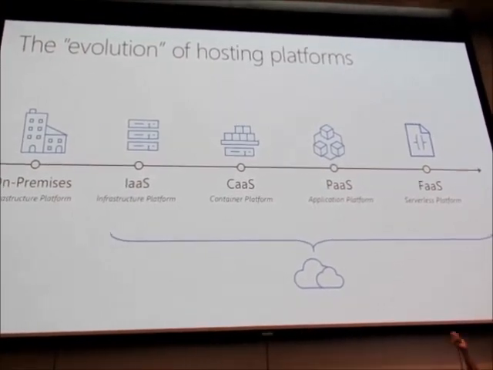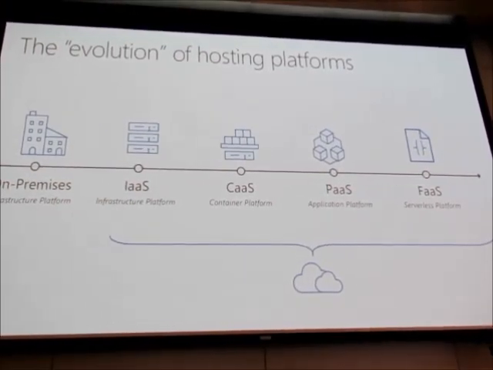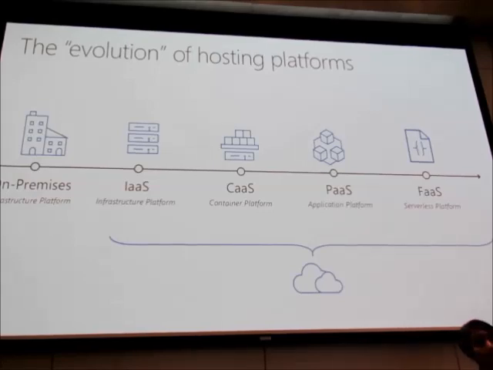Now, this is just to say what the newer possibilities are that are available today. We have on-premises infrastructure, and then in cloud we have infrastructure as a service. That's one type of cloud service. Another one is container as a service, another type of cloud service. For example, we have Docker containers, we have Kubernetes, AKS, for example. And then we have platform as a service. And the next one is functions, or serverless, as a service.